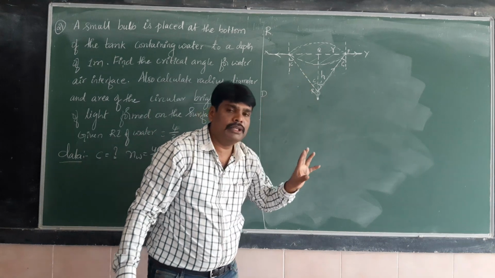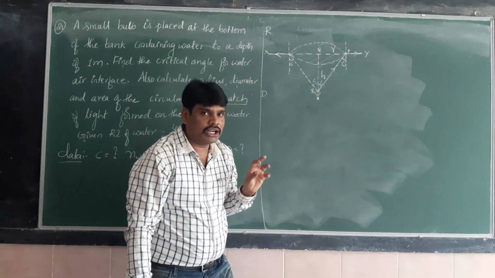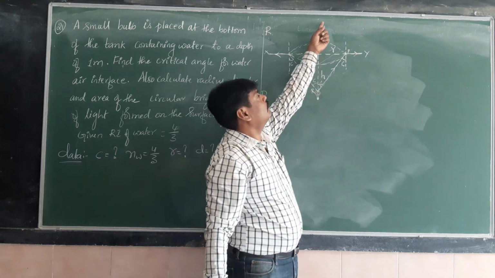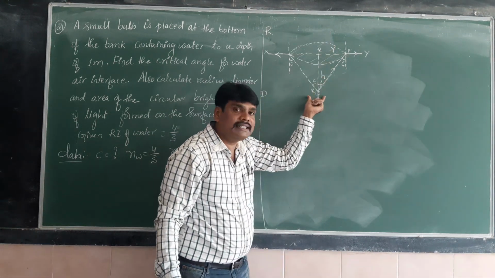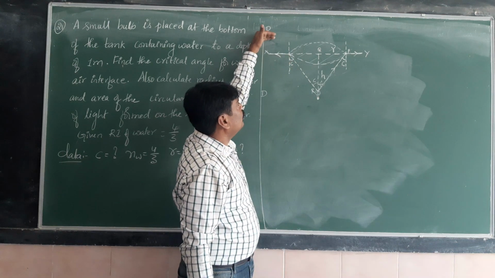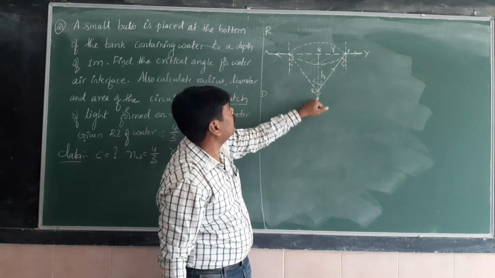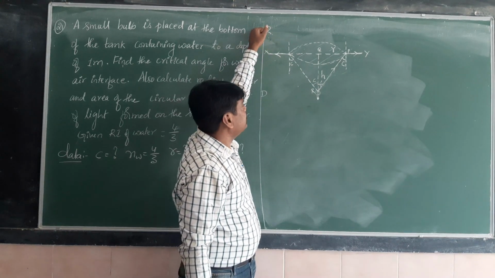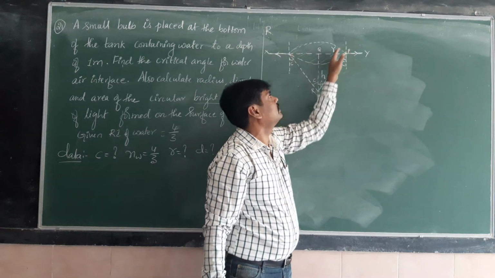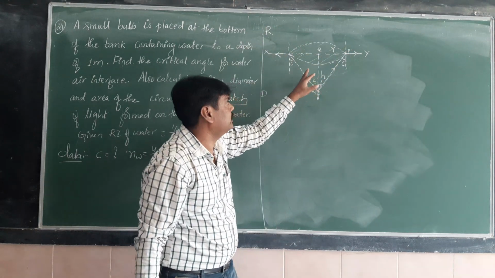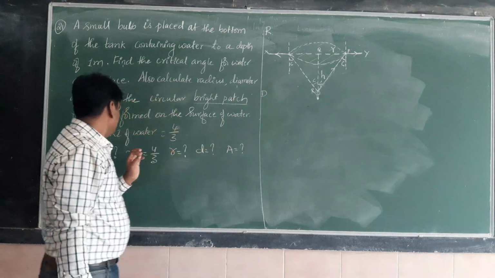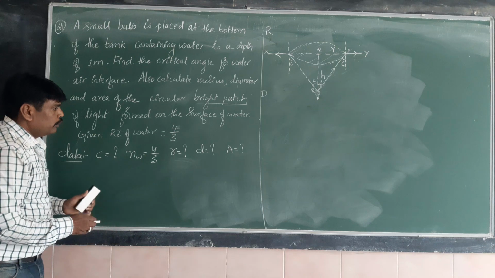So this problem is also called the fish water problem. Suppose a fish is present here, and if a bird wants to see the fish at this region, the bird, if it is present here, won't see the fish, or the fish cannot observe the bird. The reason is the light should not reach from here to here. It reaches only in this region. Only whatever bright patch we have drawn, only that region. Isn't it? So come to the problem.